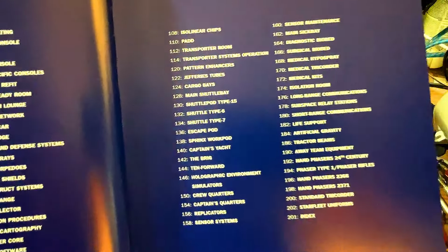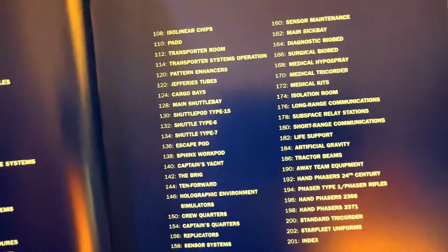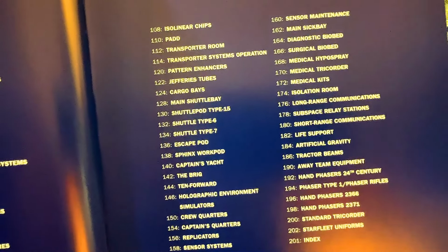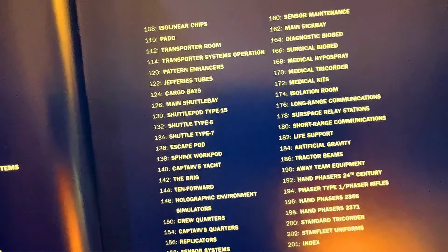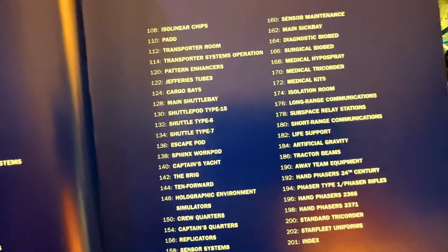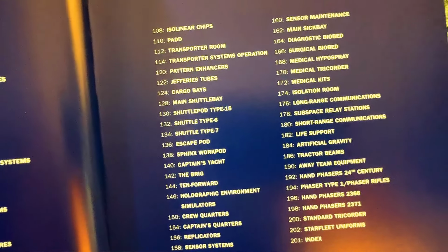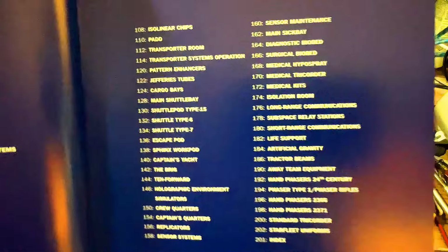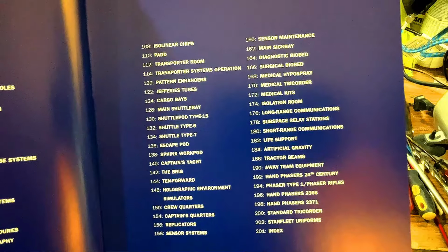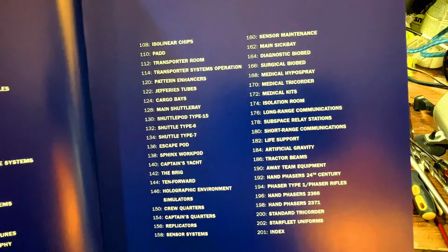Also, we got the ISO linear chips, the PADD, transporter room, transporter systems, pattern enhancers, the Jeffries tubes, the cargo bays, the main shuttle bay, shuttle pod type 15, shuttle type 6, shuttle type 7, the escape pods, the Sphinx work pod, the captain's yacht, the brig, Ten Forward, holographic environment, crew quarters, captain's quarters, replicators, the sensor systems, sensor maintenance, the main sick bay, the diagnostic biobed, the surgical biobed, medical hypospray, the medical tricorder, the medical kits, the